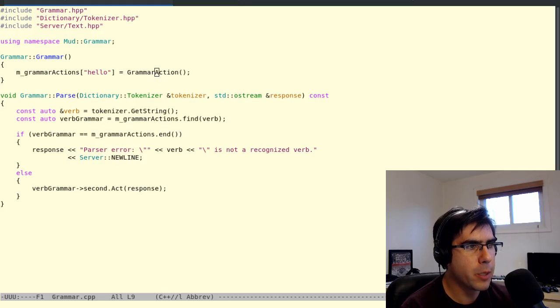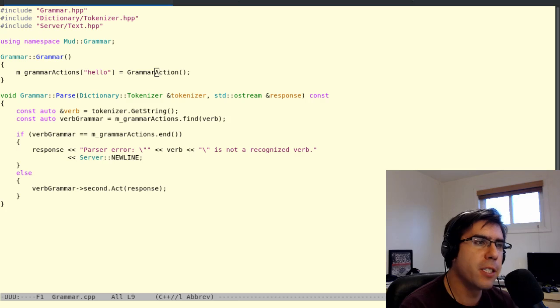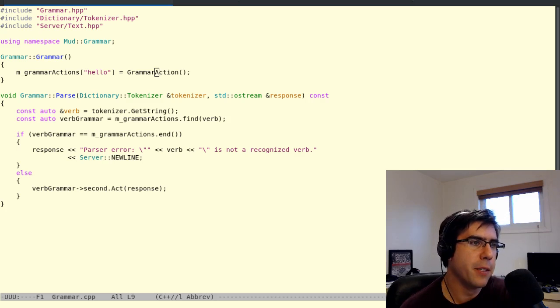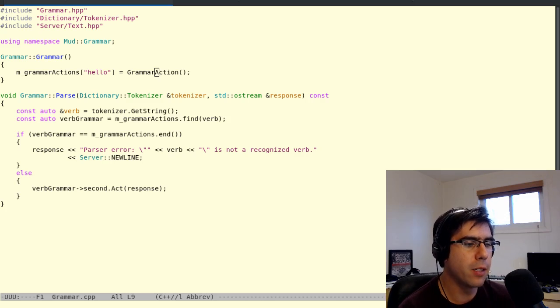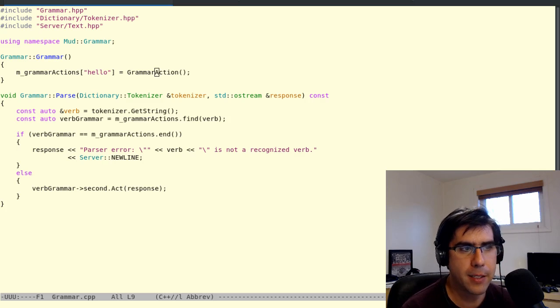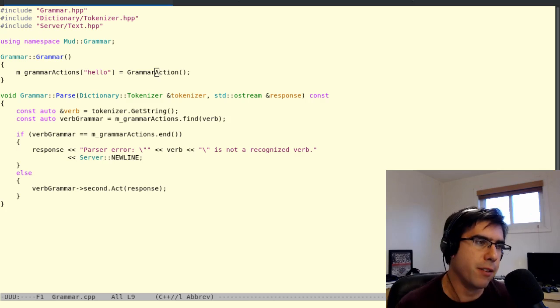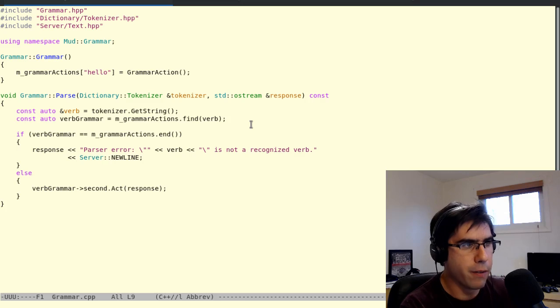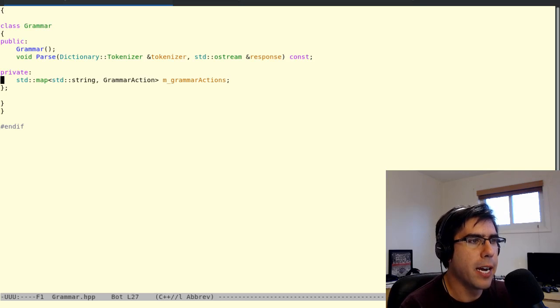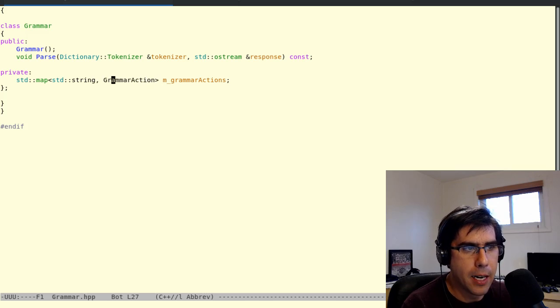In the last part, we started talking about grammar, but we didn't quite finish. And actually, we're not going to finish in this part either. In the last part, we made a way to look up a verb and execute an action as the result of that verb. But actually, we made it so it would execute the same action every time, regardless of what verb you used, as long as it was in the list of recognized verbs. Because we had this map of verbs to grammar actions, but that grammar action always had the same .act function